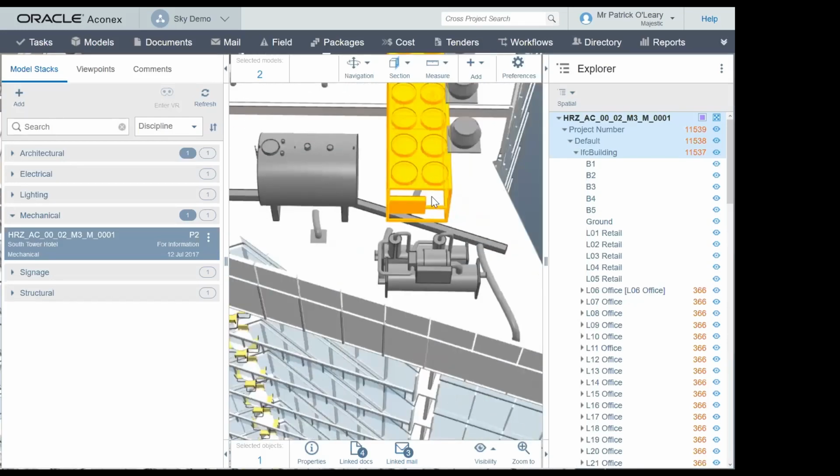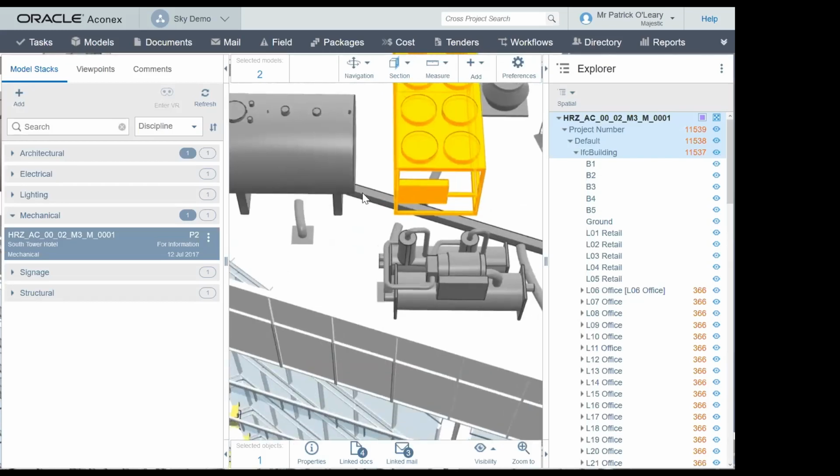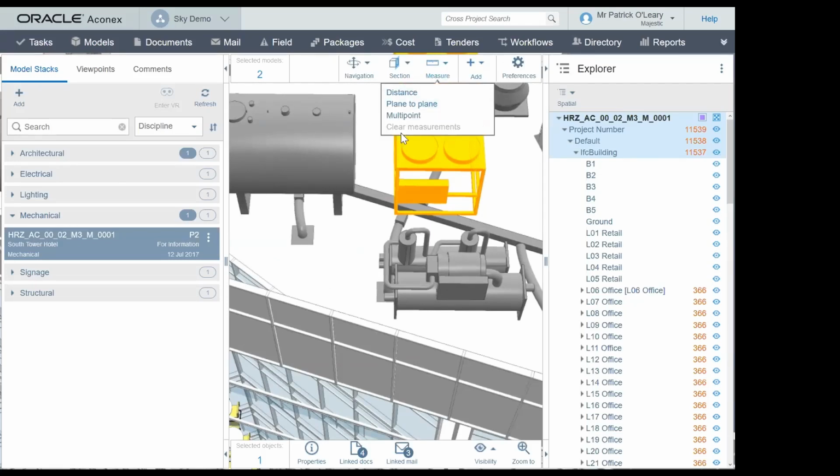And let's say, for instance, you are working on this model, it's still in the design phase, and you're wondering, is this space going to be enough for our maintenance crews? It doesn't look like it's going to be enough. So what you then do is you measure this. You measure this. Okay, it looks like 1.08 meters. But because you're just a project manager, you want the specialist to work on this,